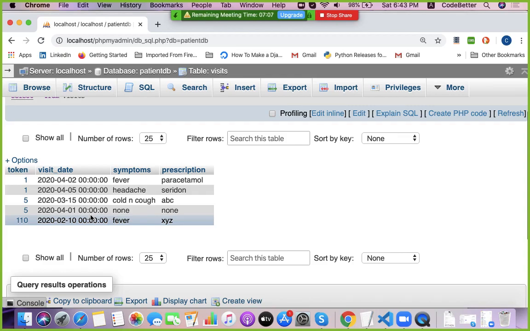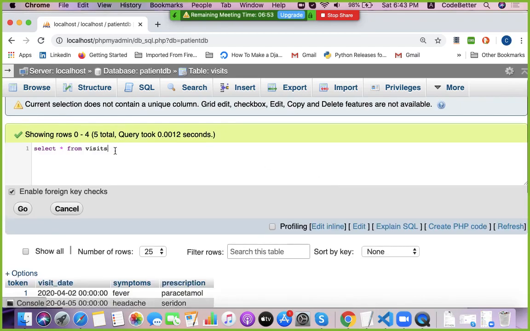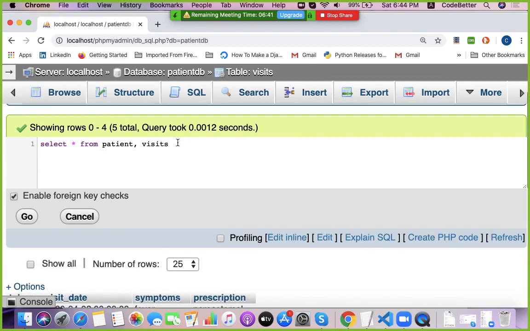Now let's find some queries which can fetch data from multiple tables together, which can combine the two tables and give us summarized data. So if I write select star from patient comma visit, I am merging two tables.